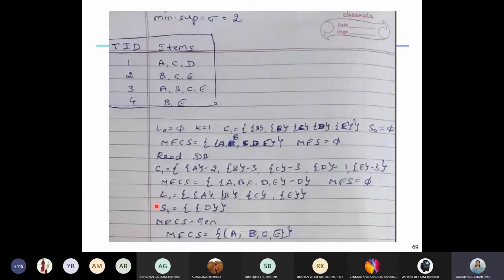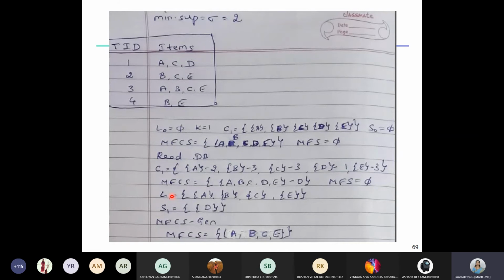They are the statements. If you look into your while loop, LK is frequent K minus 1 item set and SK is infrequent item sets in CK. So in CK, we have only one infrequent item set D, that is a part of S1, and the remaining items are frequent and they become the part of L1. Is this clear up to here? You just note down, see your algorithm that is there in your notebook. Okay, I'm doing the same thing, following the same steps.